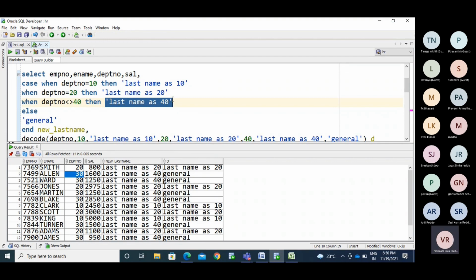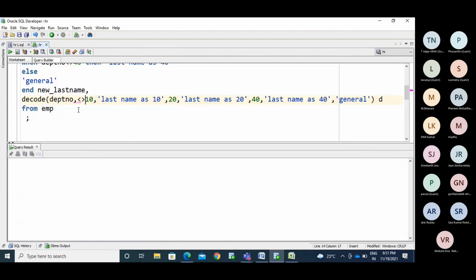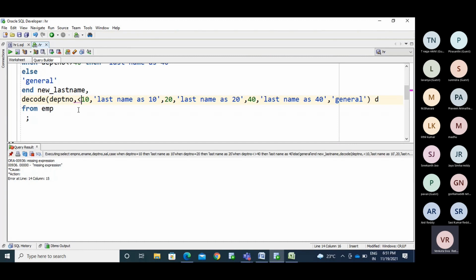But in the decode function, you cannot put any operator here. You don't have any option to write not equal to, greater than, less than, between. You cannot compare like that. So the decode function will work for equi conditions. You cannot perform non-equi conditions in decode.